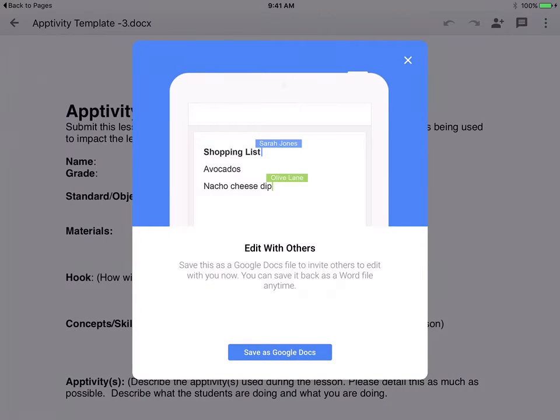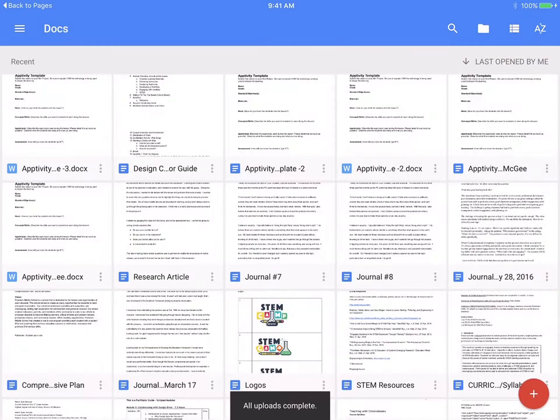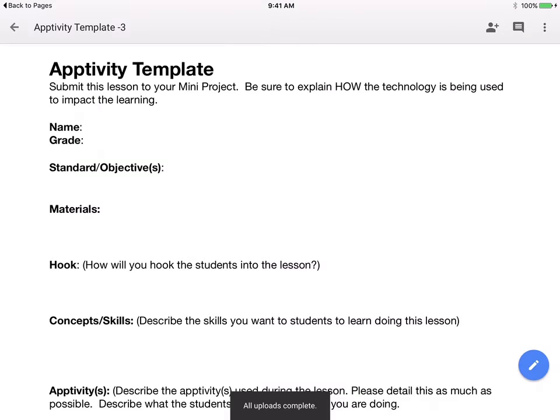And in order to edit with other people, we have to save it as a Google Doc. Okay, so what's happening is it's converting the Word file that it's in to a Google Doc. So we want to save. And now it's an editable Google Doc file. It's not a Word file anymore. Okay, so now what we need to do